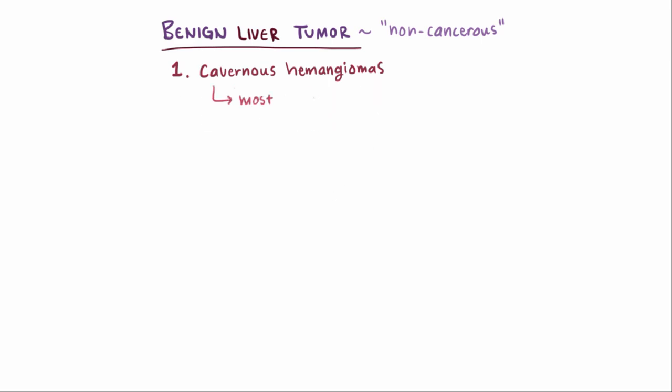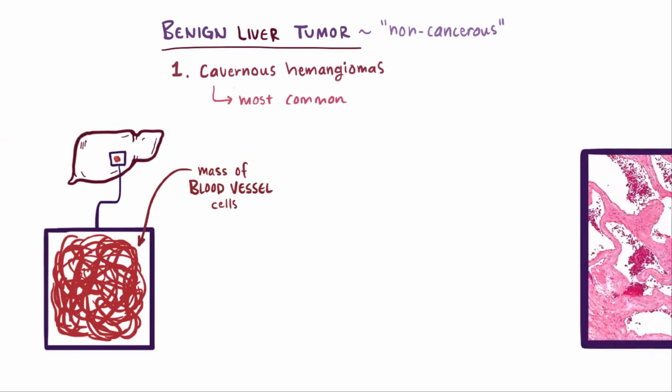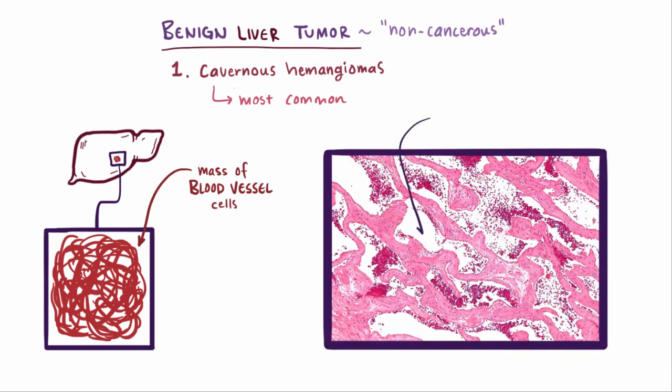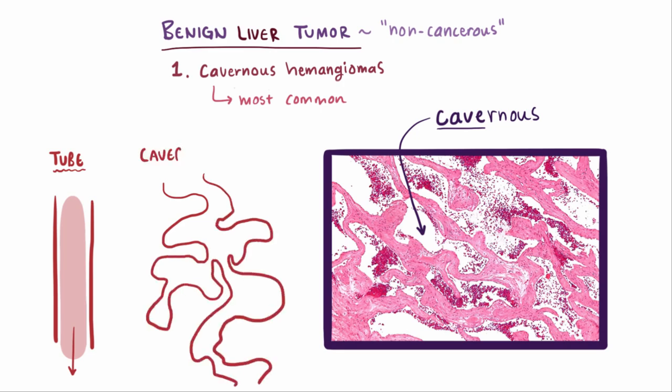Cavernous hemangiomas are the most common form, and are these masses or swelling of the endothelial cells in the blood vessels of the liver that, when we check it out on histology, form these huge vascular spaces that sort of look like a system of caves. In other words, instead of blood flowing through a tube, the blood goes into a giant cavern with endothelial cells